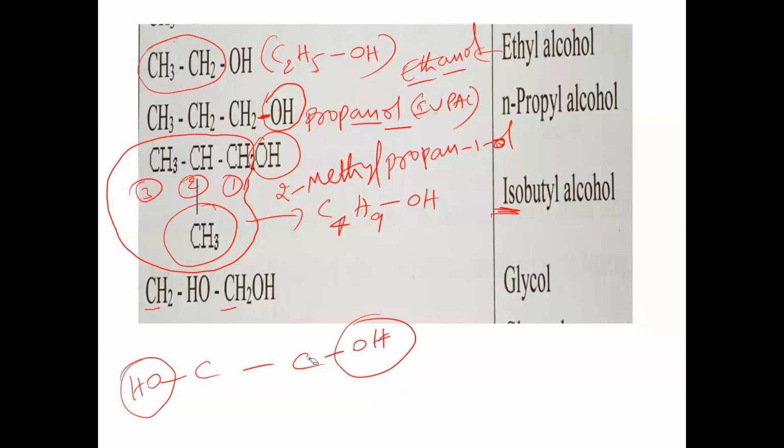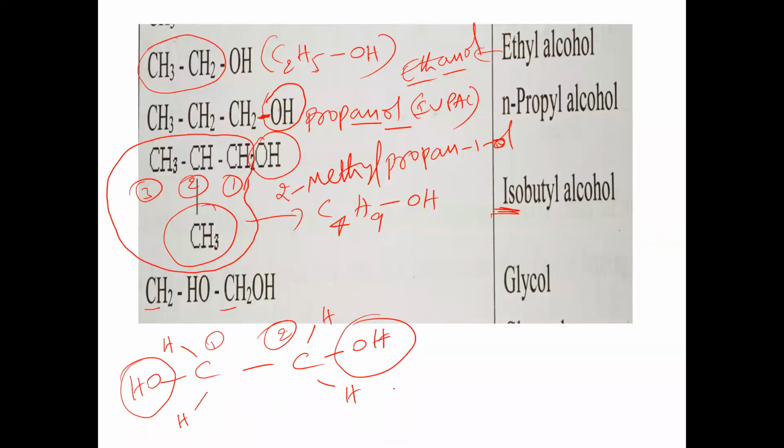Now carbon should have 4 bonds. This carbon already has 1, 2 bonds. So third bond, fourth bond. And this carbon already has 2 bonds. So third bond, fourth bond. So here attach hydrogens: 2 hydrogens on this carbon, 2 hydrogens on this carbon. Now it is CH2OH, CH2OH. In this case, number 1 can be given here or here. Anyone can take. So if you give number 1 here, it will be number 2 here.